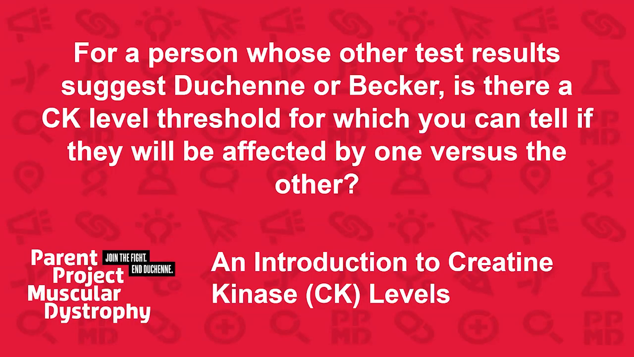For a person who, in general, you're suspecting may have Duchenne or Becker based on their exam, their genetic test results, other things that have been part of their evaluation, when you're thinking already that they could have Duchenne or Becker, is there a level or a threshold of CK result that can tell you for sure if it's one or the other, or that helps you decide if it's one or the other? I would never trust a CK level to point me in a direction of Duchenne versus